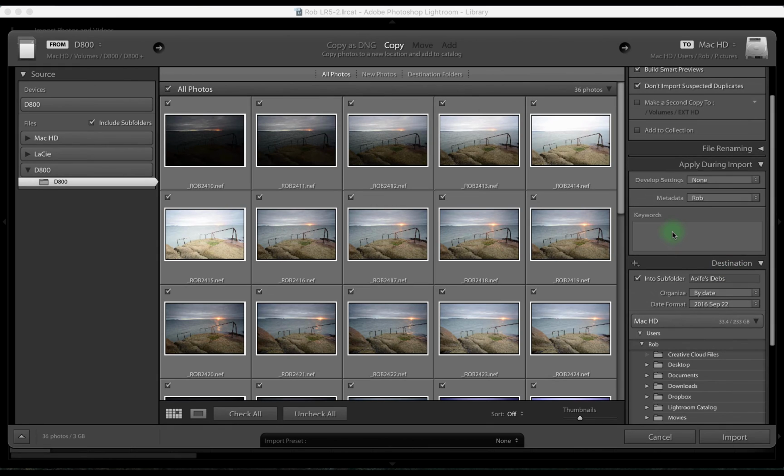Keywords, if you like to keyword everything, you can do it here. I tend not to do it too much. I know I should. Lightroom is great for organizing, but I tend to only really keyword the photos I upload to the website. But if you were to do it in here,